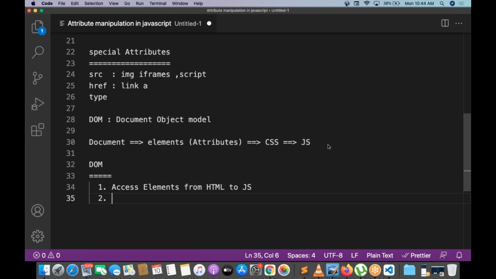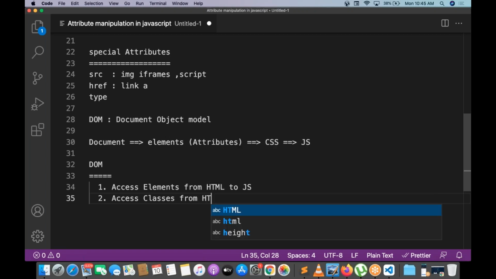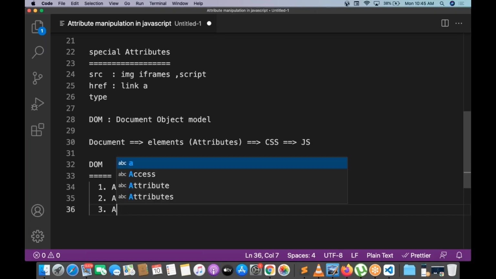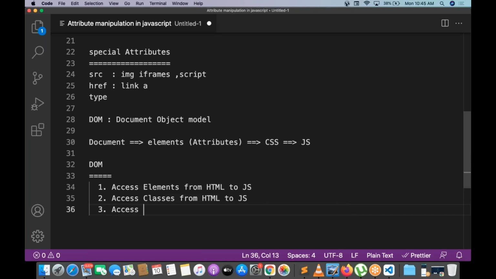And one more thing we done, access classes from HTML to JS. This is already done. And one more, access ID from HTML to JS. This is also done.